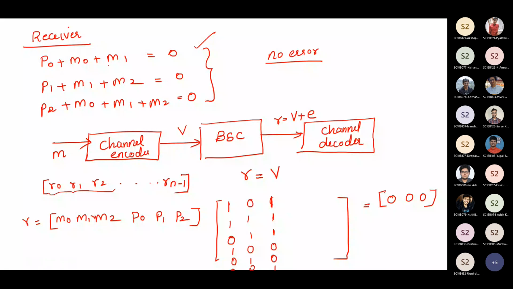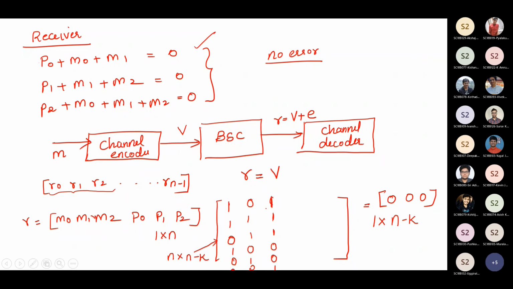I just implemented these equations in the matrix form. Okay, so the size of this one is 1 cross n. What about this one? It is 1 cross how many equations? 3 equations. 3 equations means how many parity bits you are using, those many equations you will be having. So 1 cross n minus k will be there. So what should be the size of this matrix? This matrix should be of size n cross n minus k.